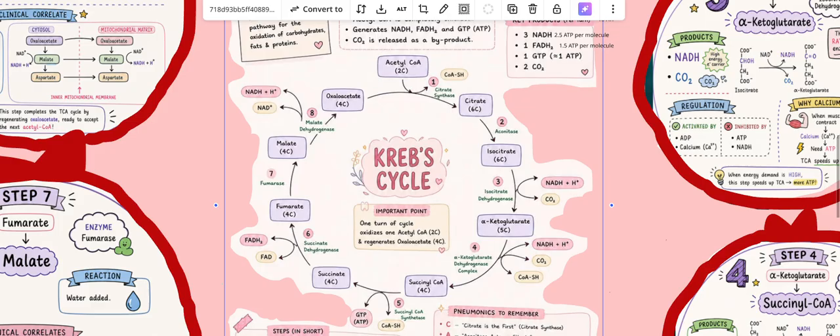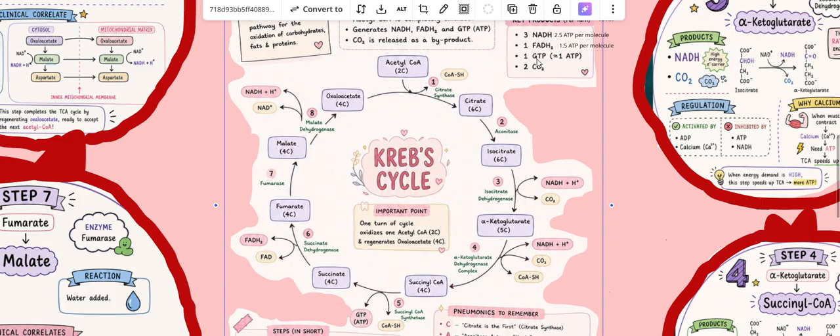Examiners love asking that in a well-fed state, you produce insulin, and the citrate is exported into fatty acid synthesis and creates fatty acids in the lipogenesis pathway. A lot of citrate also inhibits glycolysis. Citrate inhibits phosphofructokinase 1 of the glycolysis pathway, meaning the cell says, I already have enough energy, and glycolysis slows down. Also the citrate